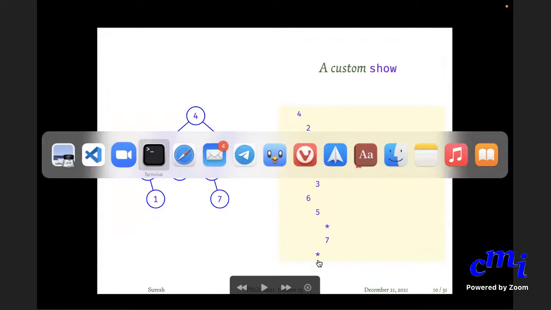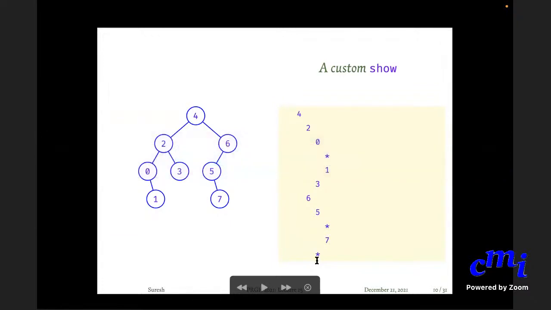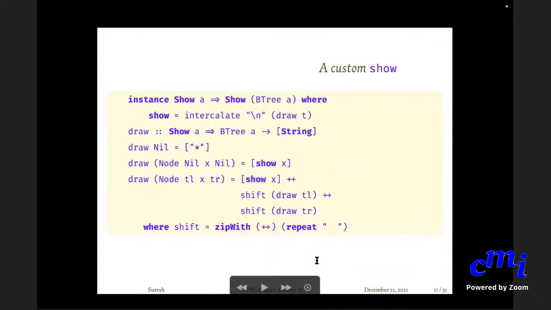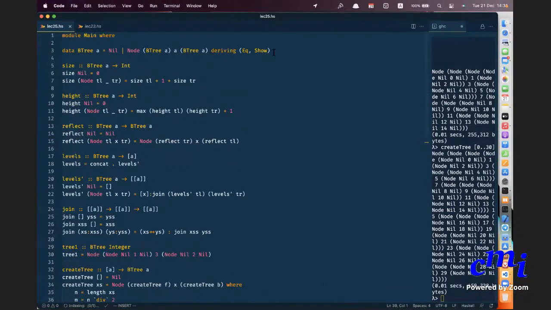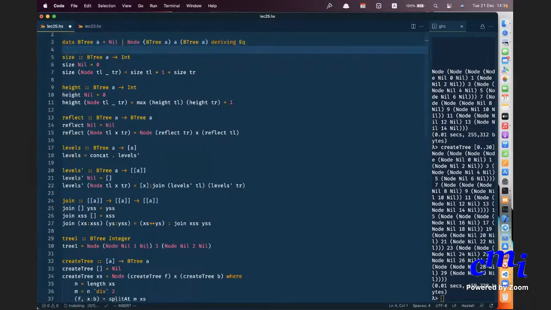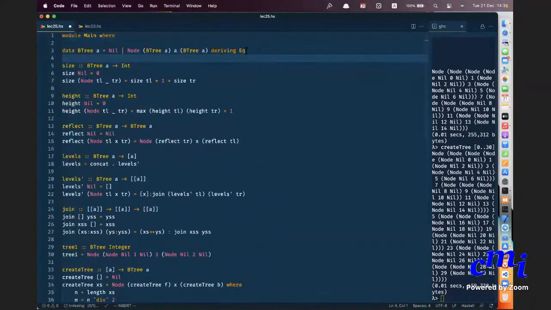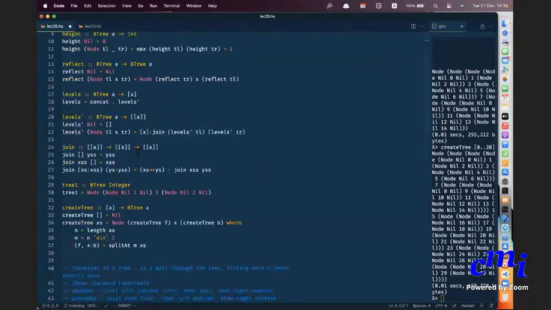This is the important thing. Let me just go and write the code there. So instead of saying deriving EQ show, I can even go to the end, I'll go to the end.